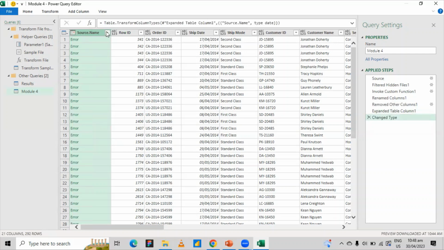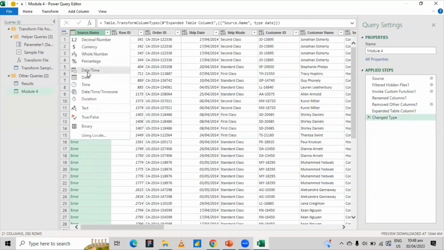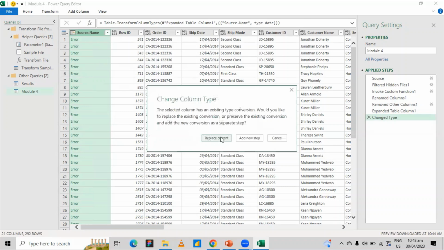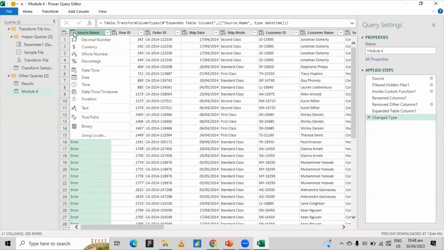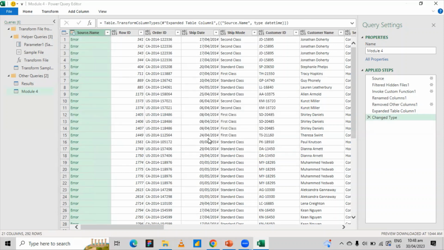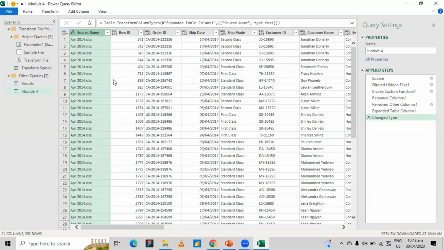Now you see that if I select date, it's identifying that this is the wrong data type, okay? So it is not correct. So we're going to select text. Now, the reason we are going to select text is because this comes in, it's not in a proper date